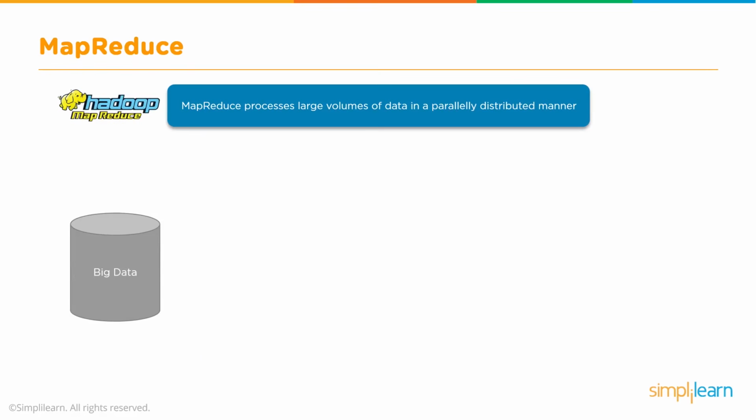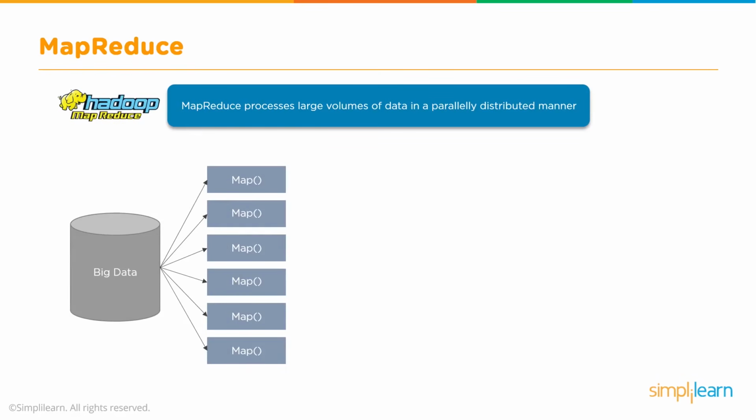So we have our big data, and the big data maps out. This is the first step: if I'm looking at my data, how do I map that data out? What am I looking at? It could be something as simple as I'm just looking at one line at a time. But it could be that I'm looking at the data one line at a time, but I only need columns 1 and 4. Maybe I'm looking at it one column at a time, but I need the total of column 1 added together and column 1 over column 2. So you can start to see some very complicated mapping here, but the mapping is what you do with each line of data,